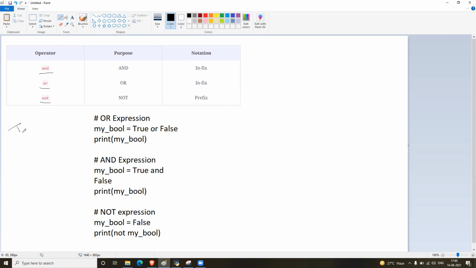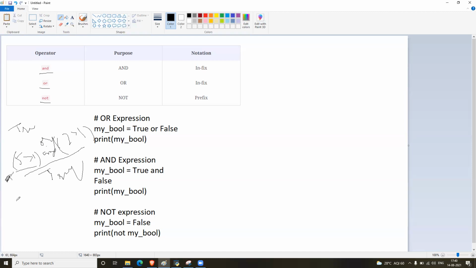So let's say I evaluate two conditions, like 5 greater than 2 and 2 greater than 1. I want the result of both of these combined. If I want both of these to be true, then I will keep AND in between. So the result will be true only when both are true. Understood? If at least one of them should be true, then I will keep OR. NOT reverses whichever result came. If it is true, it will return false. If it is false, it will return true.